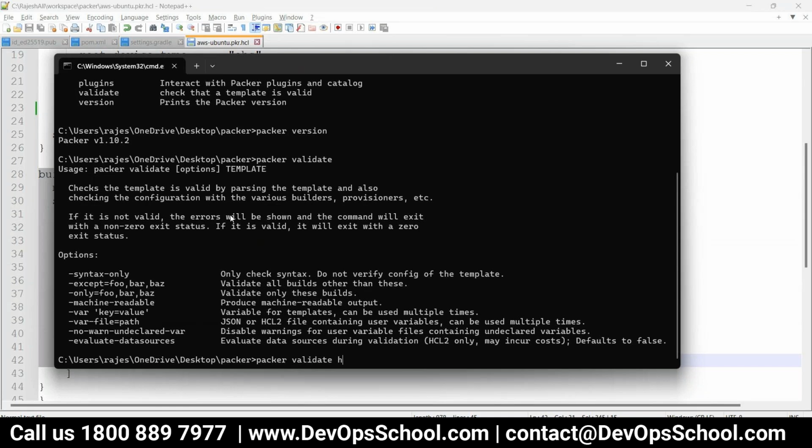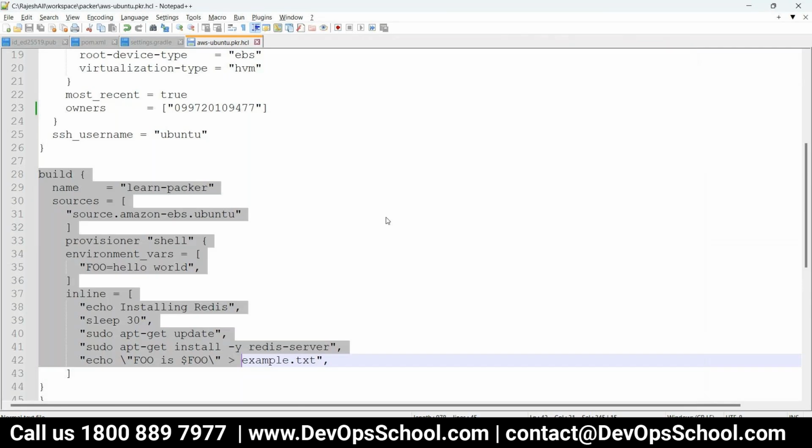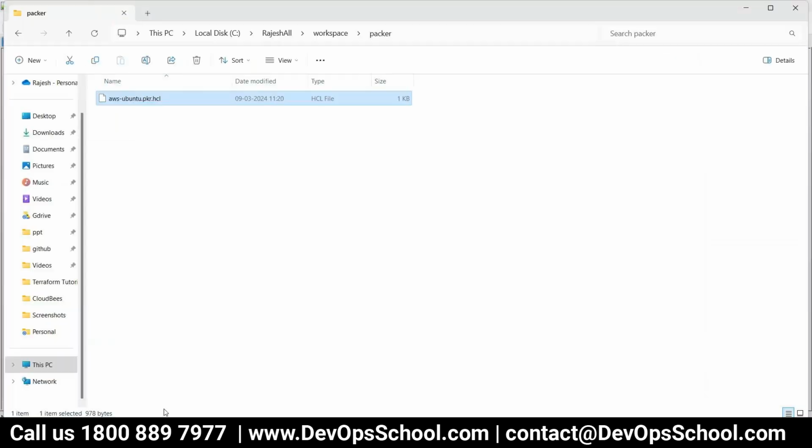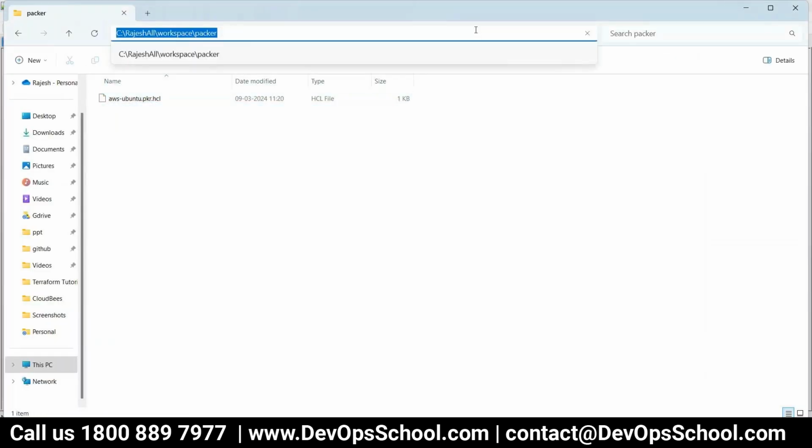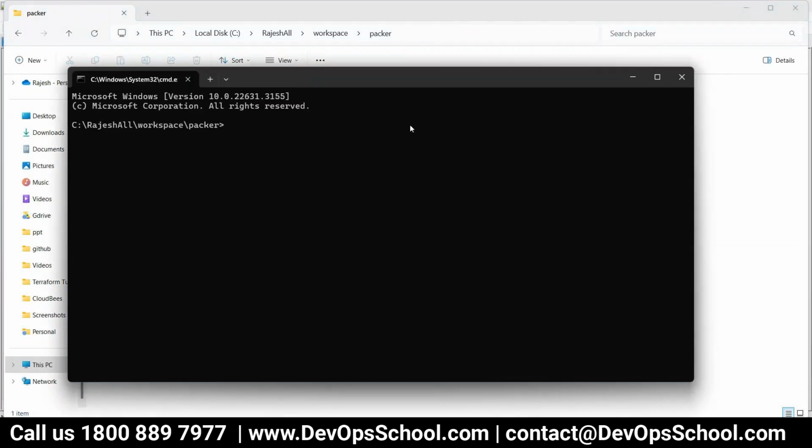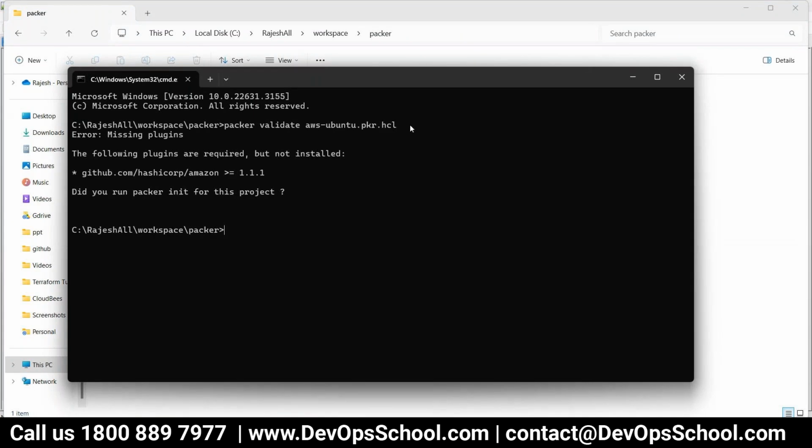What is the file name? AWS, right? Am I not in the right directory? Okay, I think I'm not in the right directory. So Packer validate and done. And now there is some problem here. The problem is